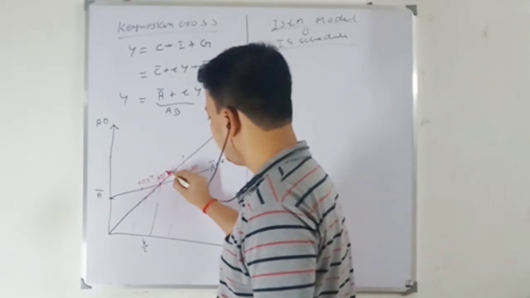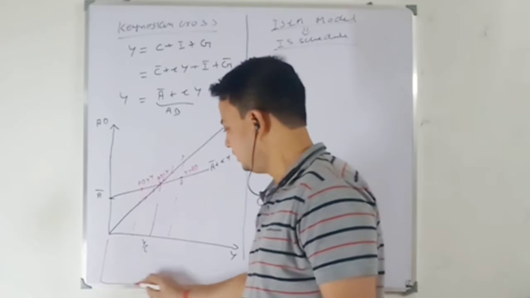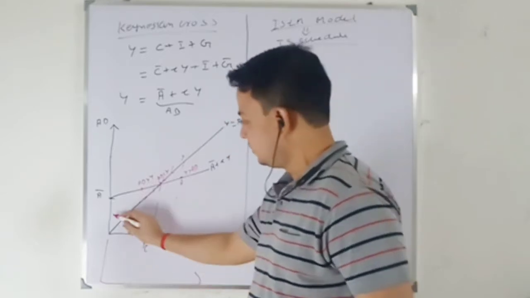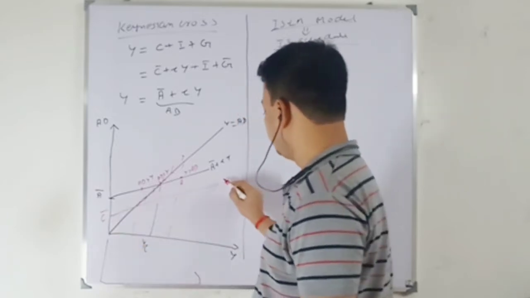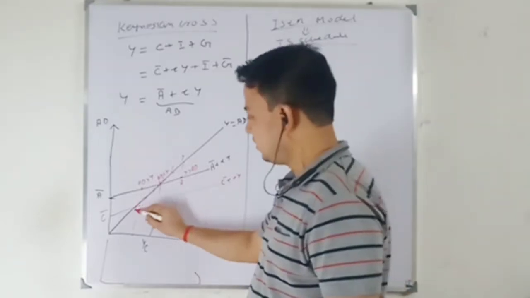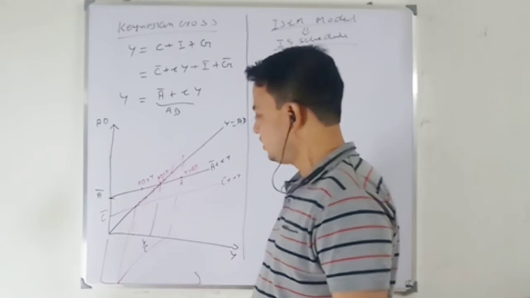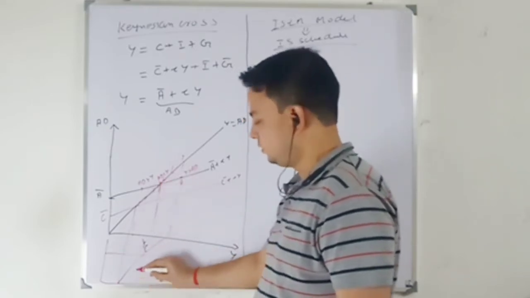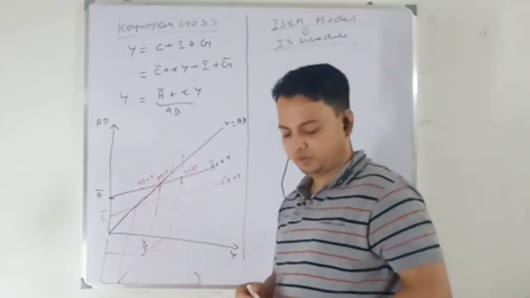At equilibrium, aggregate demand is equal to output. And when you are explaining the two sector model, draw your consumption schedule, C bar plus small c Y. Here income equals consumption. Your saving will start from here, so this is your saving schedule. This is your investment schedule. You will get an equilibrium income here. Draw the graph and explain properly.